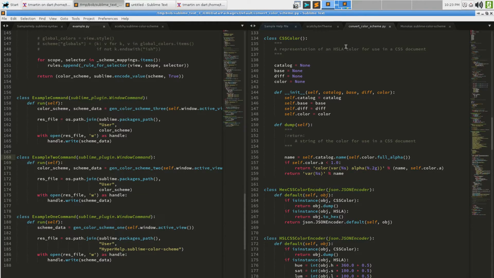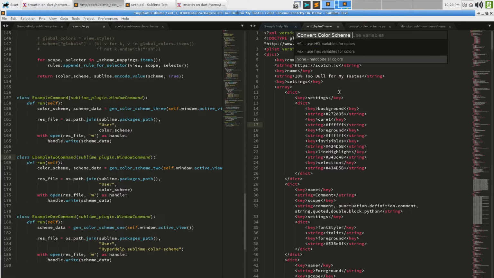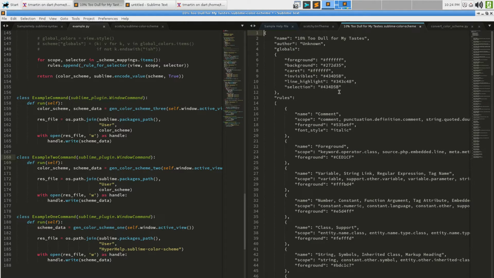If you remember the question that it asked me, if I say convert color scheme, I could hard code all colors. These ones are using variables. So if I do hex variables for colors, maybe that will work. I don't think so. No, it still has an invalid hex color. And if I hard code all colors, we end up with a version of the Sublime color scheme that just has everything hard coded. Now the problem, again, I've looked at this in the past. Some color schemes have hex colors in them. They either don't have a color in a place where they're supposed to have a color, or the hex code they have is invalid. One of the two.